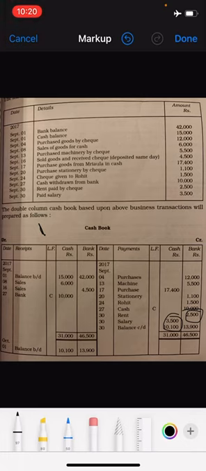I hope you all have understood. Here you have to balance both the columns. You have to total both the columns, cash and bank, same like ledger, but the thing is you have two columns, that's it. You have to take the difference of both the columns, cash and bank column. I hope you all have understood.